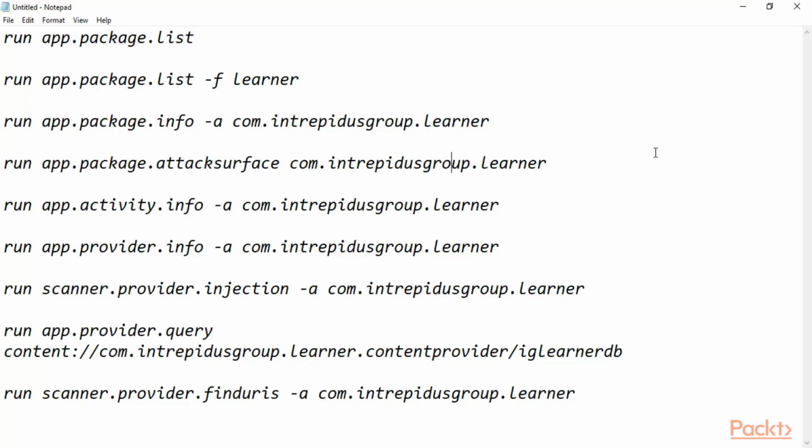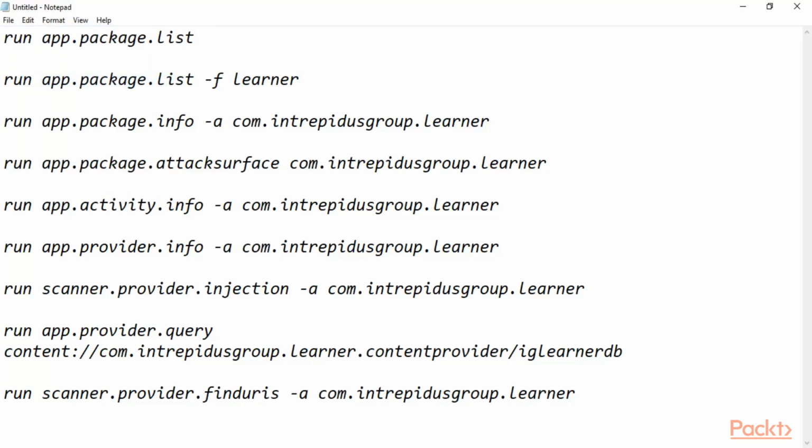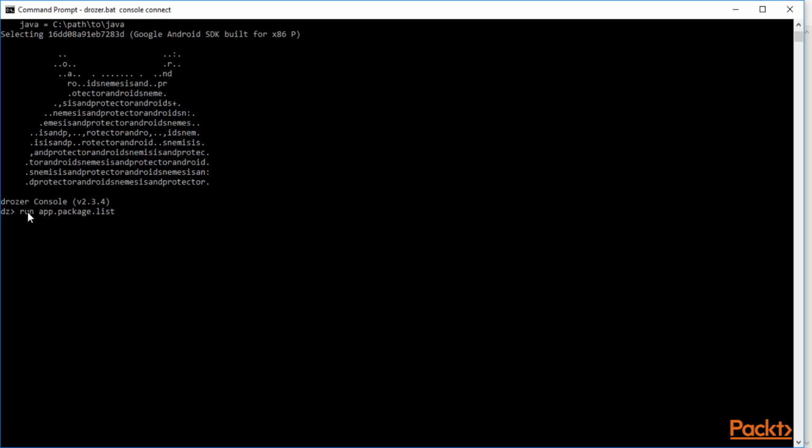So we will use some commands inside Drozer. For example, the first command, run app.package.list. Basically it lists all the packages available. Let me show you how it works. Let me copy this, open Drozer, paste it here, run app.package.list, and hit enter.